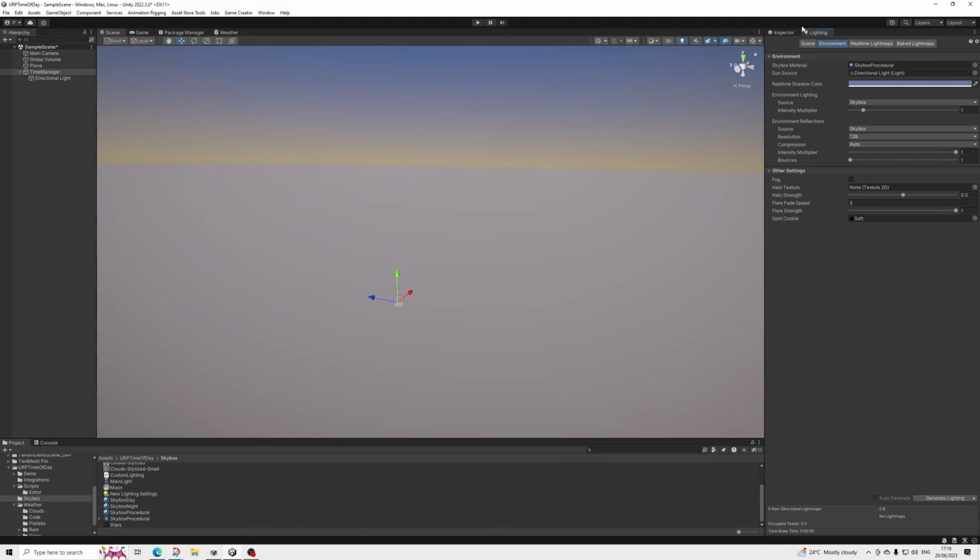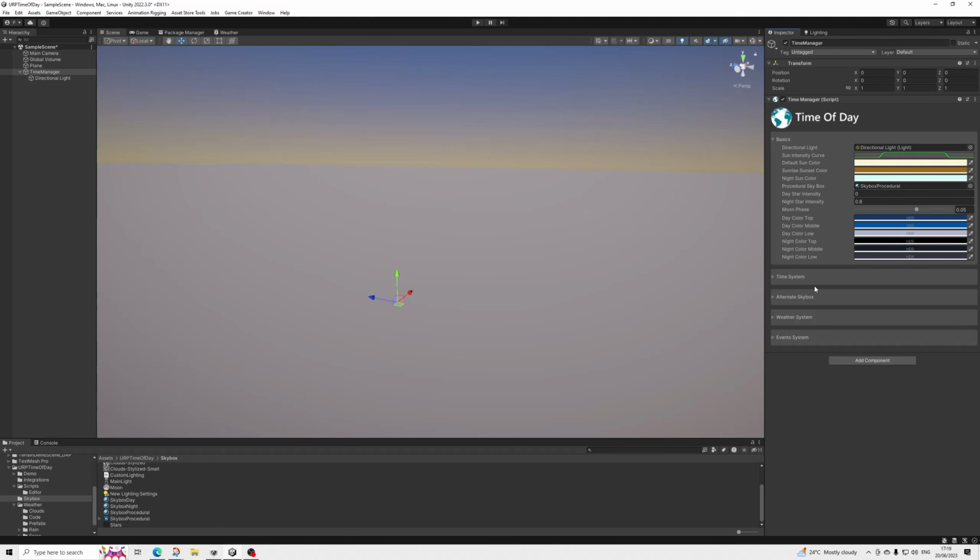Now, if you don't want to use the procedural skybox, if you're simply not interested in that, that's okay. You didn't have to use it. You can also just add your own HDRI skyboxes, for example. That's up to you. However, if you are using the procedural one, there's several settings here, so we can customize,